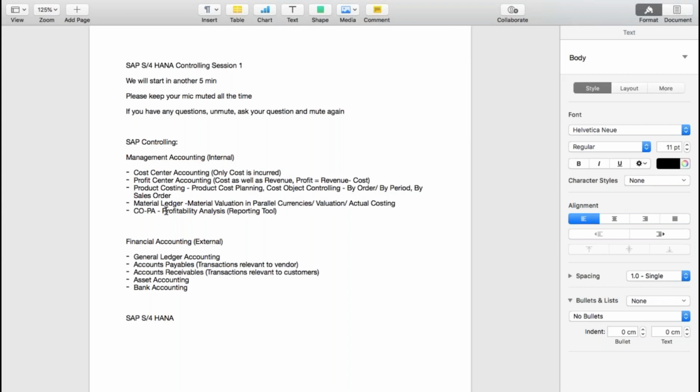Okay, so the first thing is, let me just give you the overall idea of how this journey started. I think all of you know that SAP was introduced somewhere around 1972, right? So they came up with the first product, that was R1. Then they came up with R2 in 1979. Then they came up with R3. Then they came up with ERP. ERP is nothing but ECC that most of the companies are using today, right? And then finally in 2015, SAP came up with SAP S4 HANA.